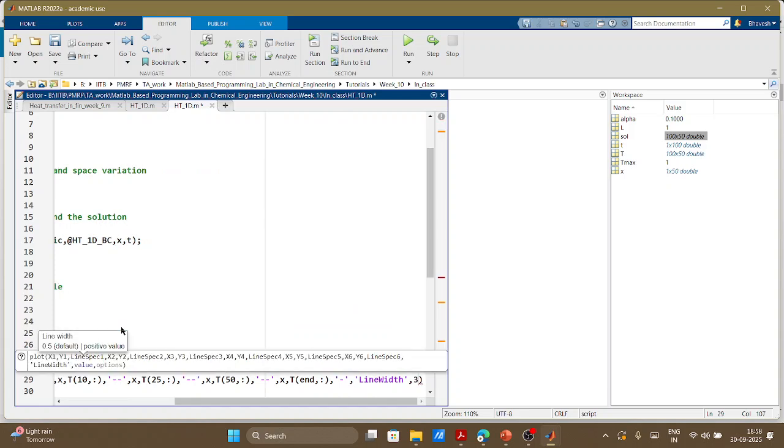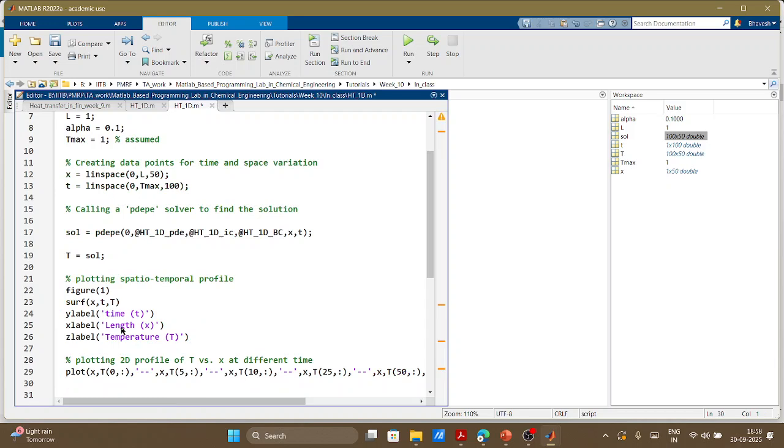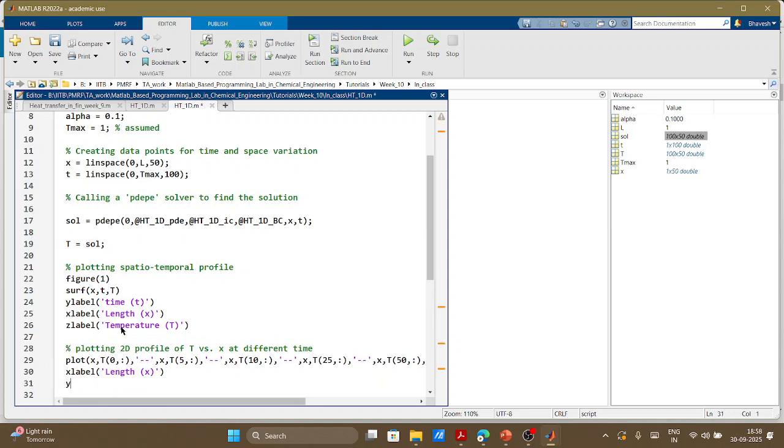Let me add line width of 2 or 3 maybe. Your x label is length, y label is temperature,